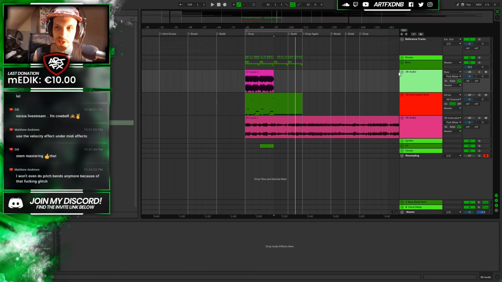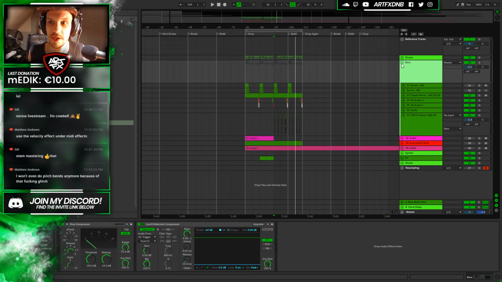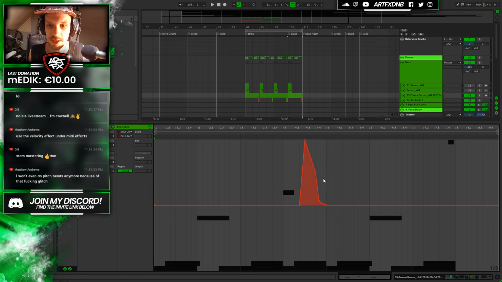I've talked to the Ableton guys about it, because I have been doing some stuff to try and replicate it, and see if I could find out what is causing it. I'm pretty sure I know what is causing it. It only happens when you have a pitch bend on the end of a clip. That's only when it happens. The pitch bend needs to be on the end of a clip, let's say, right here,